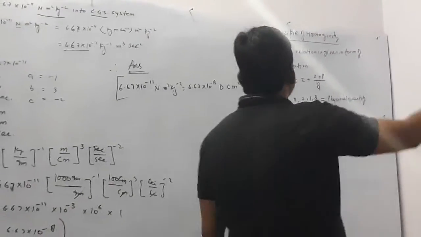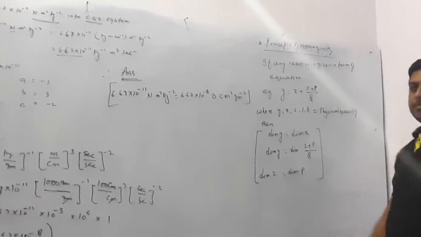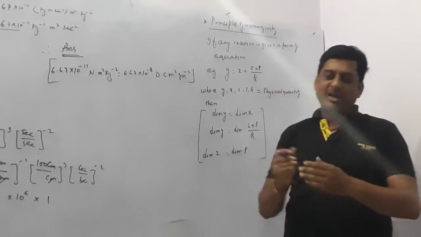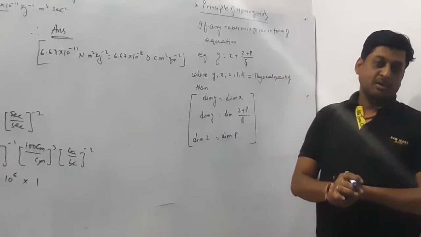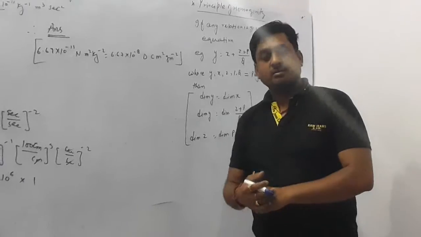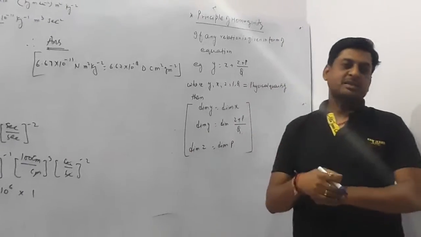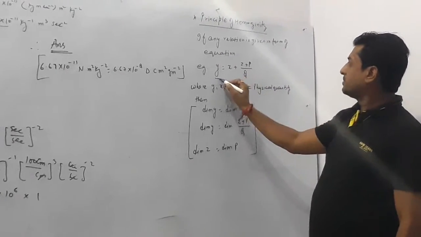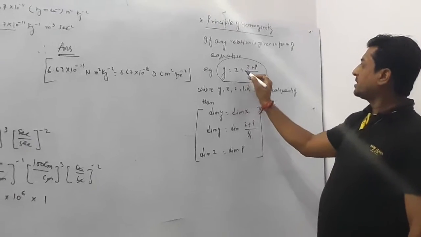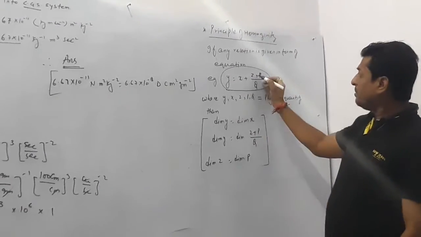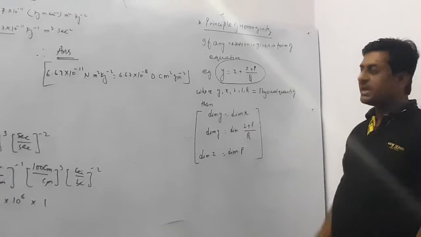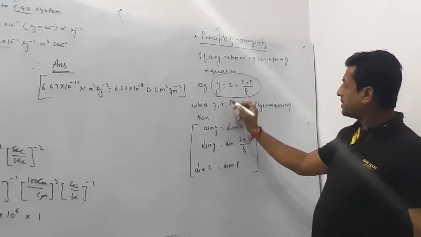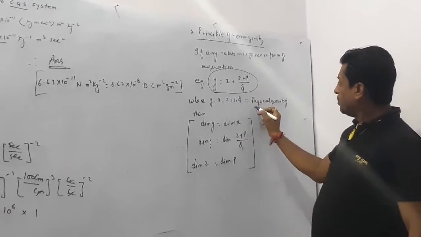One more thing: the principle of homogeneity. It is not necessary that only a product sign or division sign is given in the relation of physical quantities. It might be in the form of an equation, meaning a plus sign or minus sign is present, then what will you do? If any relation is given in the form of an equation like this, y equals x plus z plus p upon q, it may be minus, so don't think it is only for the positive side, it can be negative also, where y, x, z, p and q are the physical